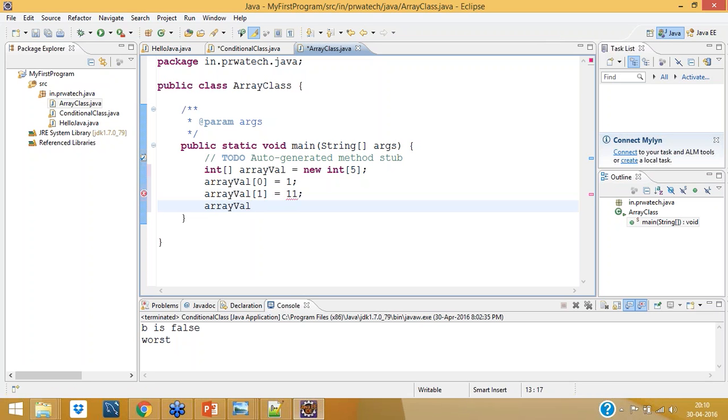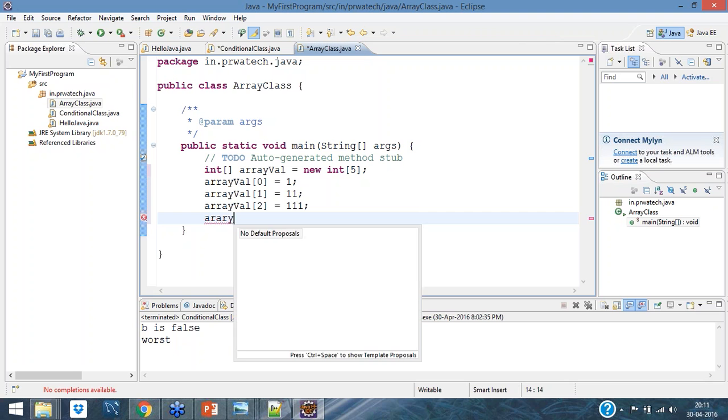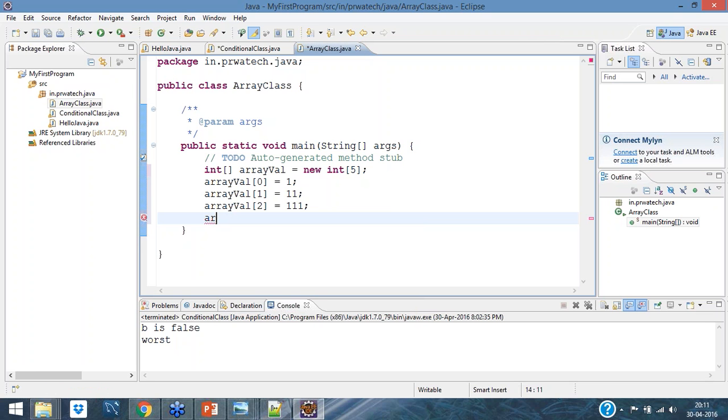Array val of 2 equal to 1, 1, 1. Array val of 3.